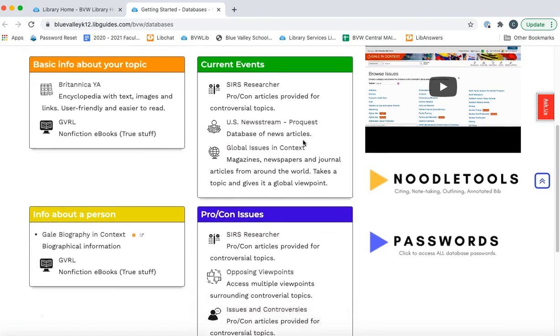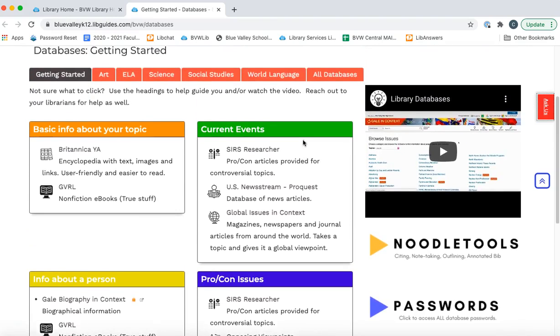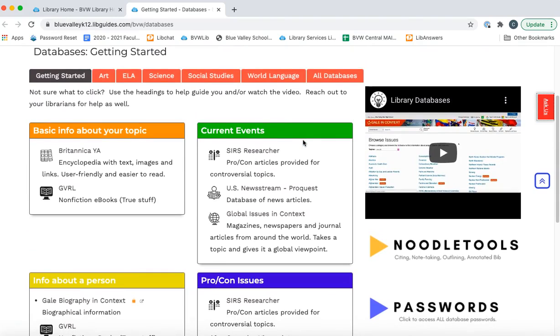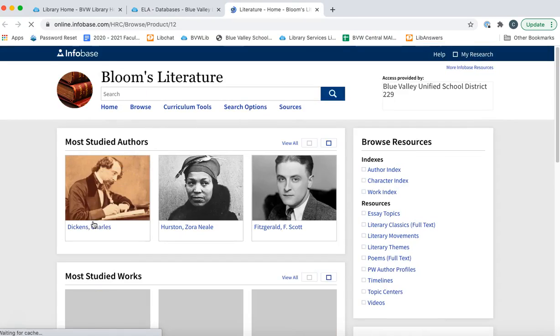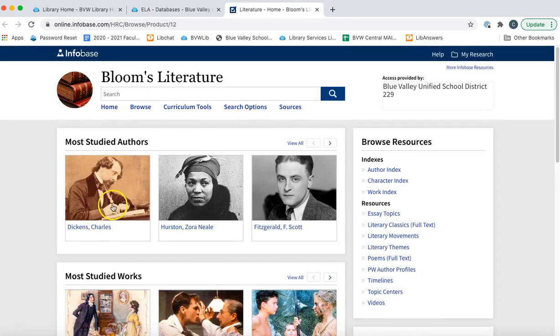For this project, we are going to be working with one particular database. So you're going to click on this tab at the top that says ELA, and we are working with Bloom's Literary Criticism. So open that database,